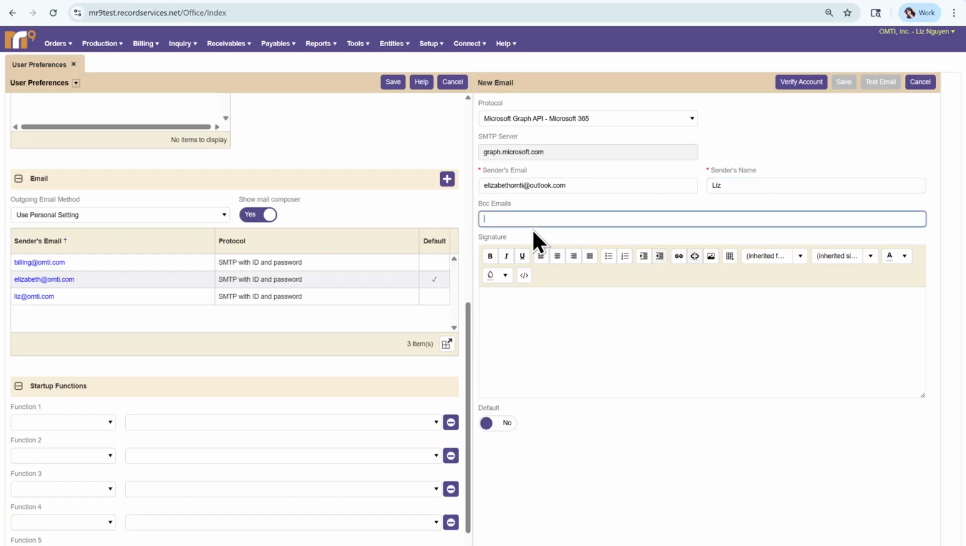I still have a BCC emails option, which is the optional email addresses to automatically BCC on all outgoing emails. I still have the signature that I can add here, and I still have the option to set this as the default email account if I desire. Once I'm done, I can click the Verify Account button at the top,